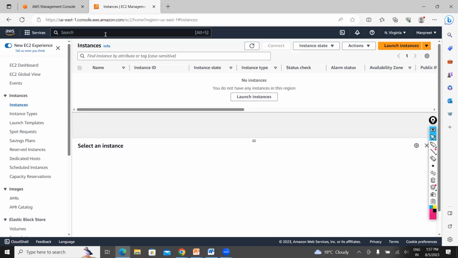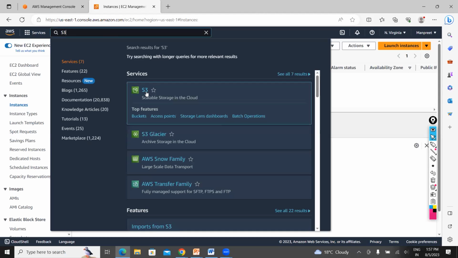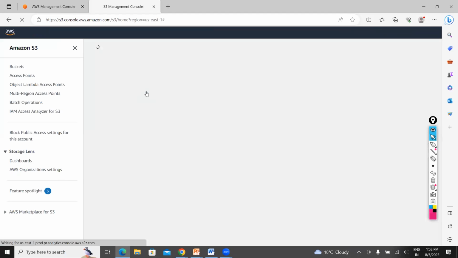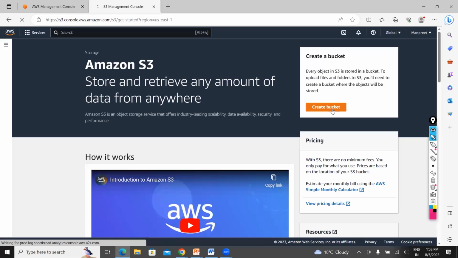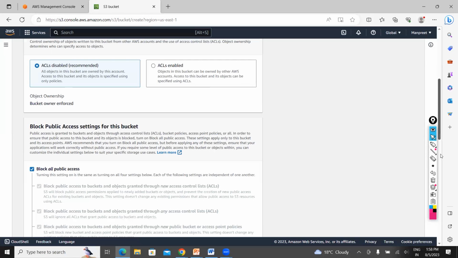So if I go to their simple storage service, S3, this is their storage service where we can store raw data, right? In that S3 storage, if I create an account, there will be multiple security options. And how we will connect that S3 with the servers, how we will access it from an external environment, everything,